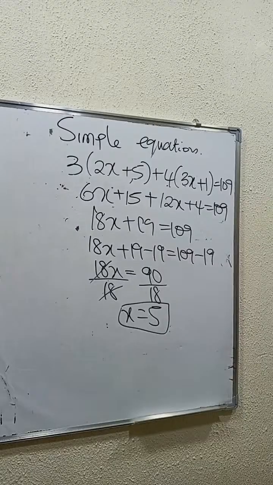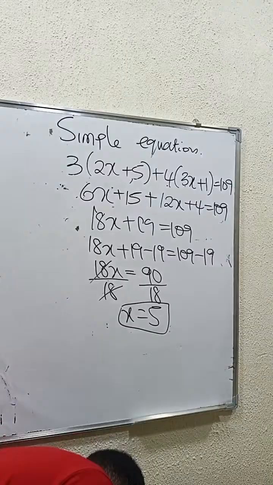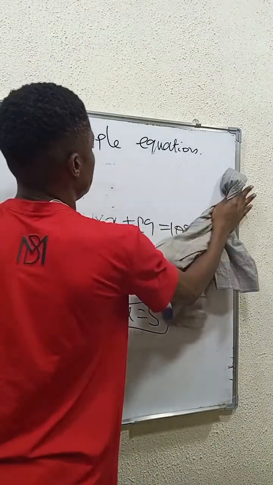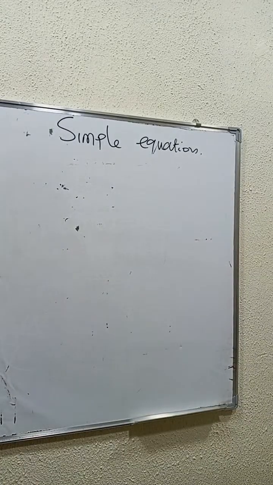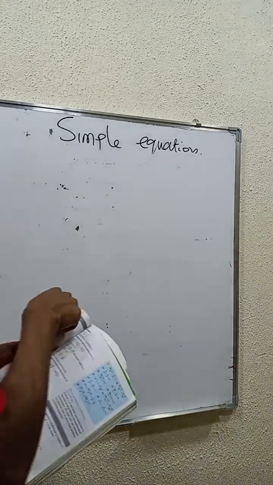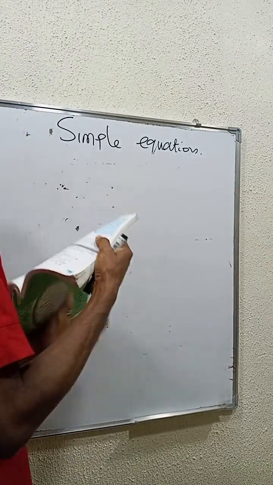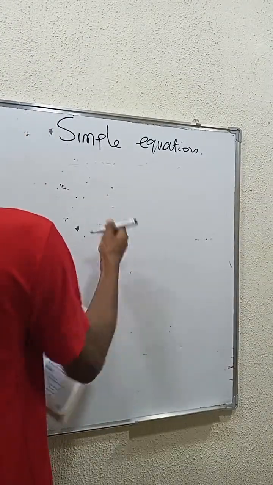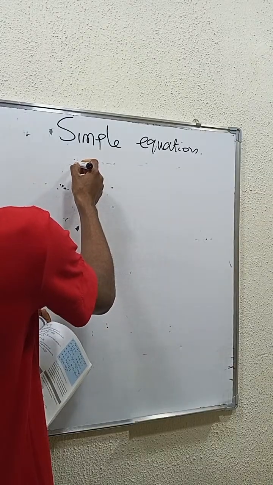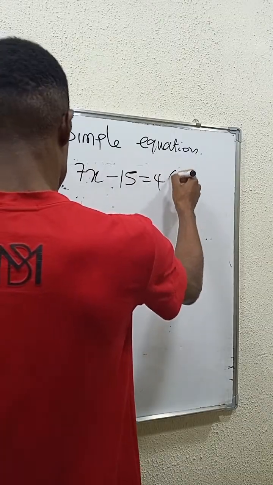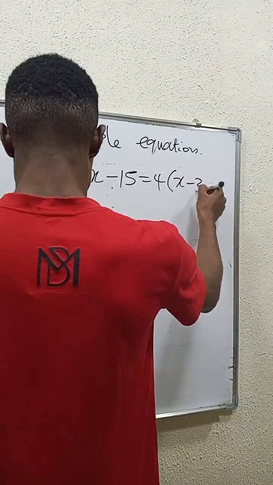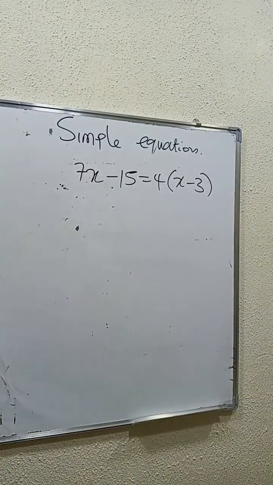Okay, good. So let's try another example. So another example we'll be looking at is 7x minus 15 is equals to 4 into x minus 3. Okay? 7x minus 15 is equal to